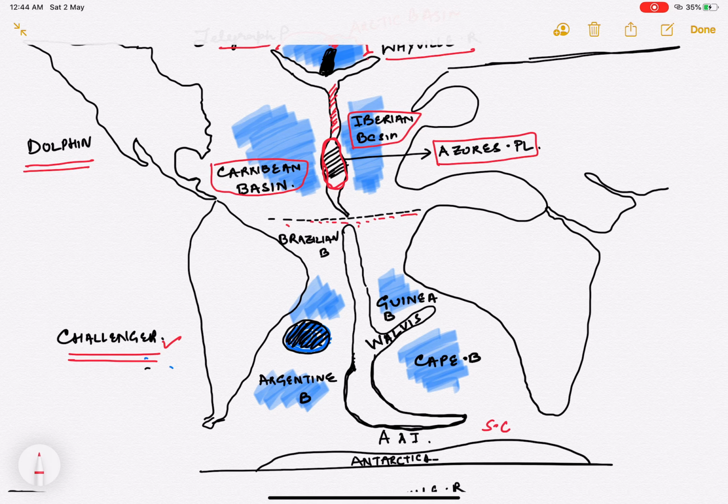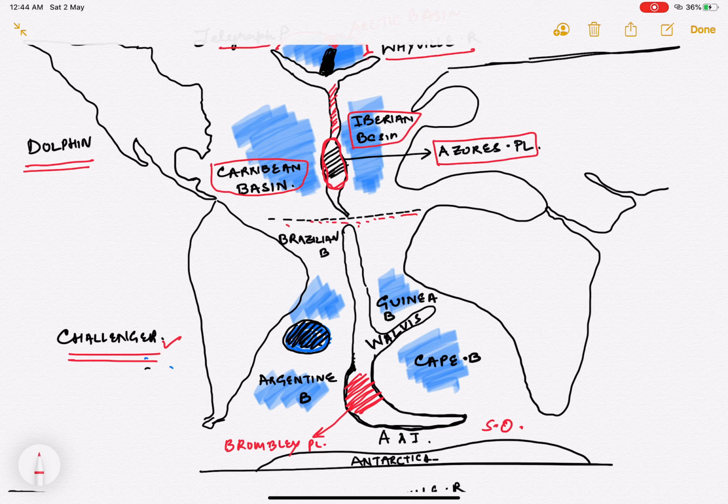This is your Southern Ocean. Again it is narrow, but over this part it is broad, and this is called the Bromley Plateau. Remember that within the ocean itself it's called a plateau. It's not necessary that it needs to be within the land to be called a plateau. Again, as you can see, the Challenger Ridge is dividing the entire basin into different parts.